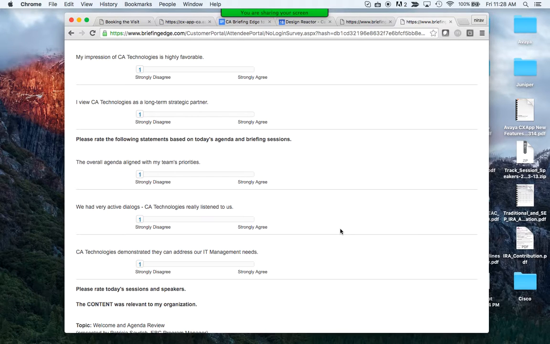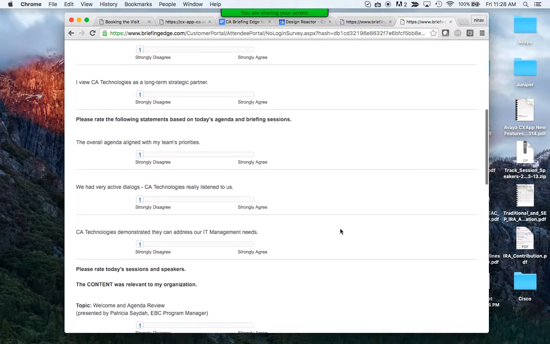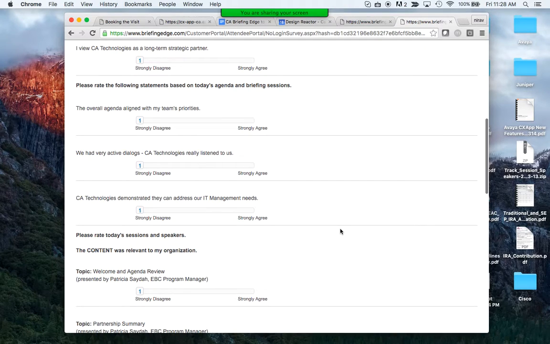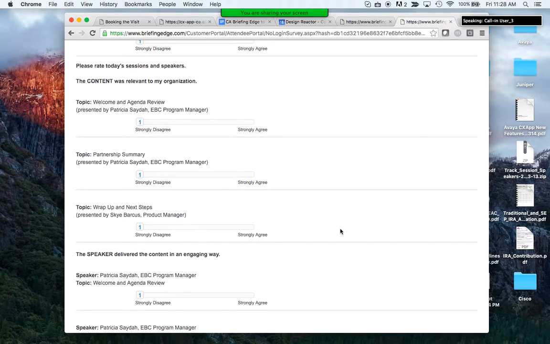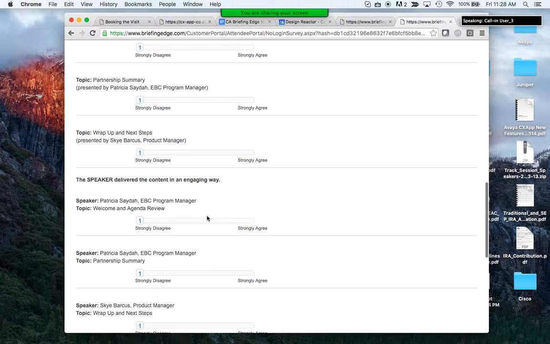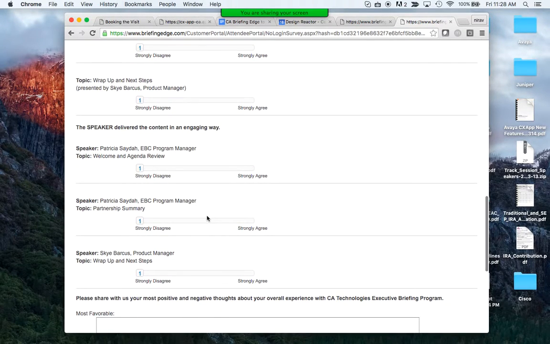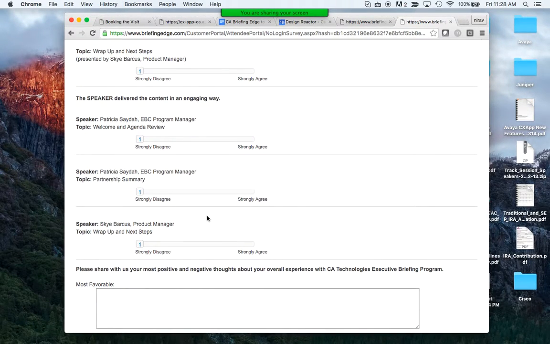But scroll down, and you'll see under content, and we may revamp our surveys, but for right now, see how there's a rating for each session? And then it goes into how the speaker delivered it. If we wanted to instead, at the end of a session, point them to the evaluation of the content and the speaker,